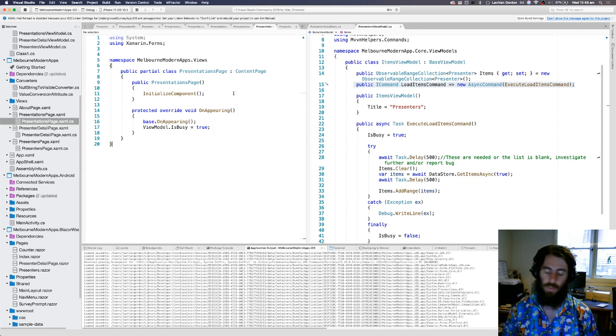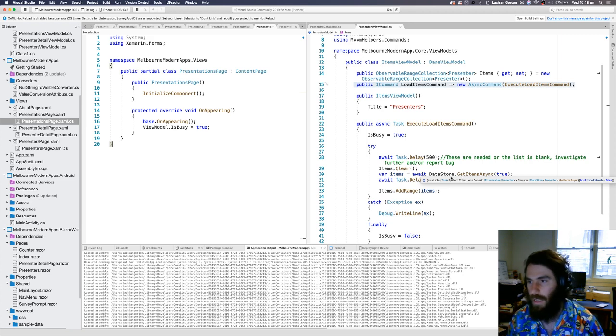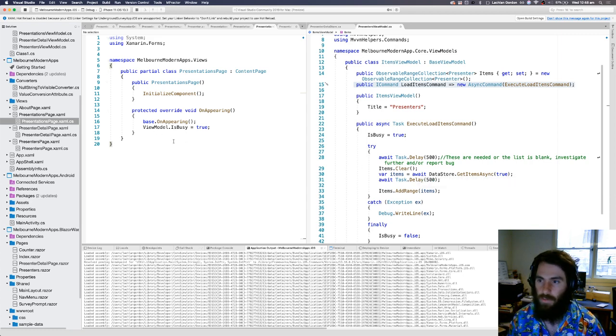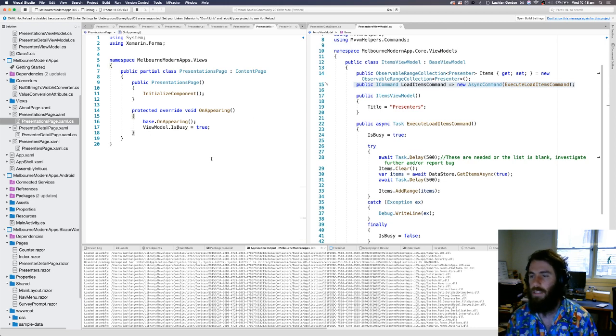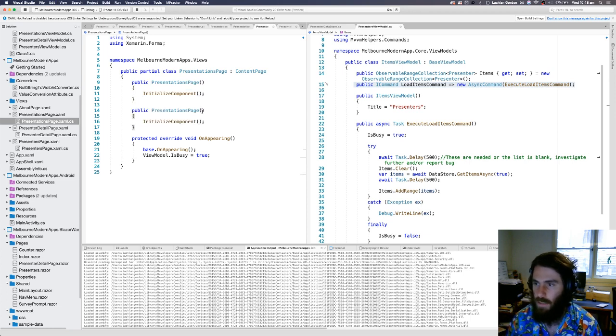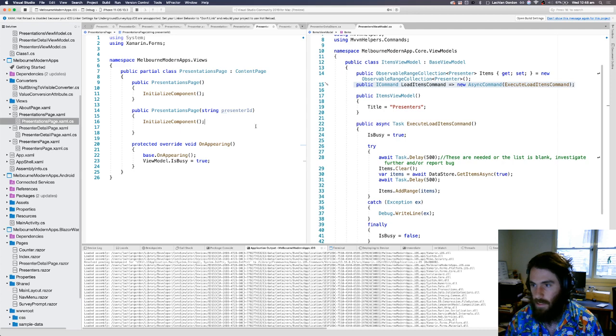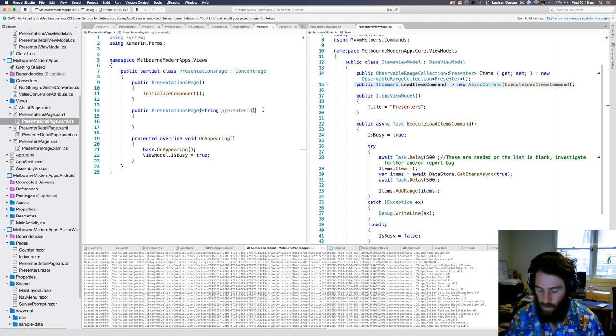Nice thing about using Prism, or one of the fully fledged MVVM frameworks, is that you've got some of those events in here, such as OnNavigatedTo. Here, I'm just doing view to view navigation. So any items that come in have to be passed from the view to the view model. For example, I want to be able to pass in a presenter ID. And I'll call,